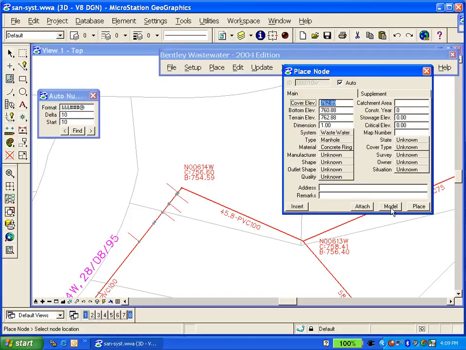Optionally, I can also inherit attributes from any existing node or any existing pipe. So for instance, if I want to select on an existing pipe and I inherit those attributes, you'll notice it picks up all of the values from that existing node. Now in my case, the only thing I might change here is I might change the actual